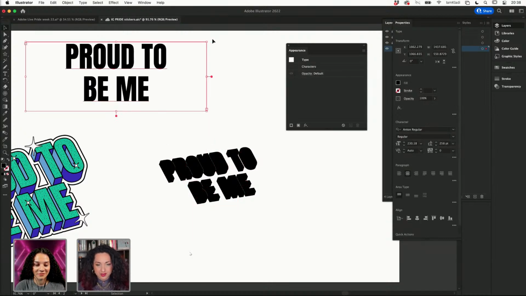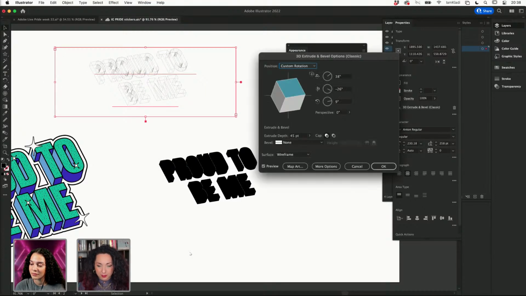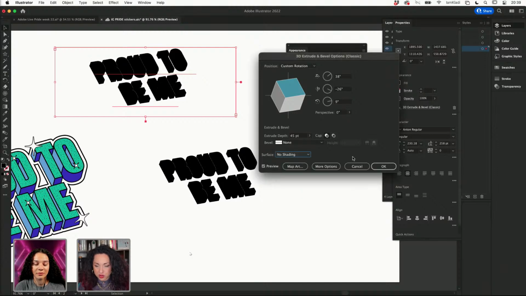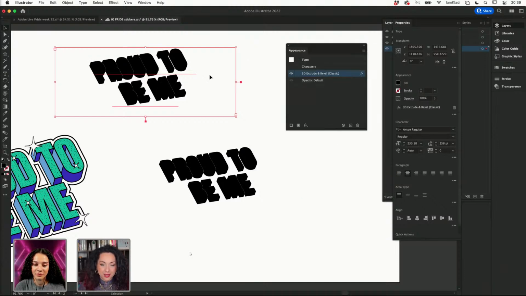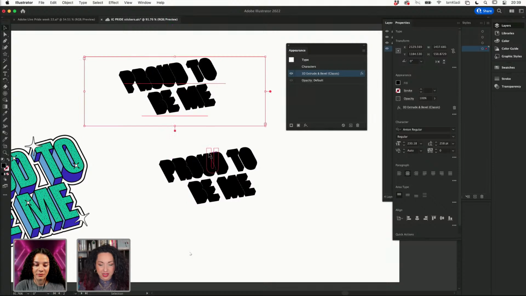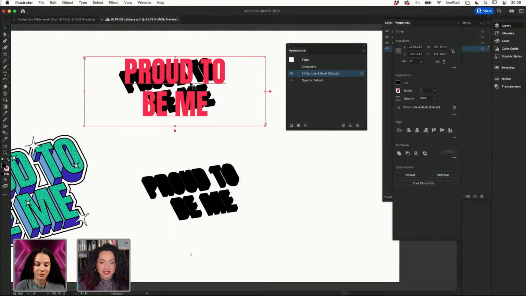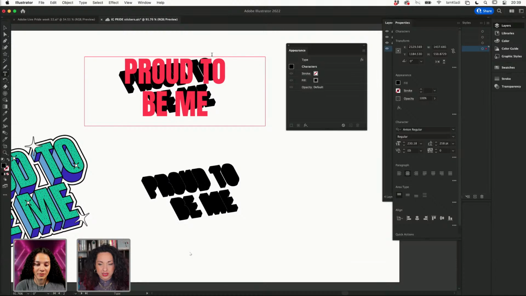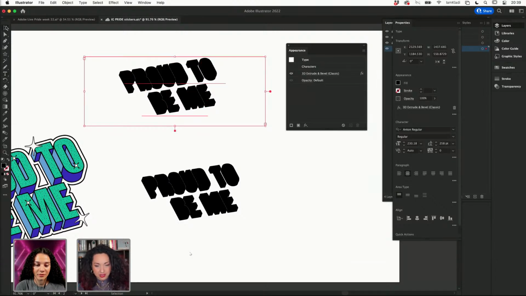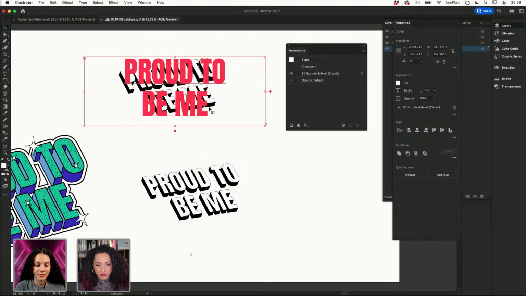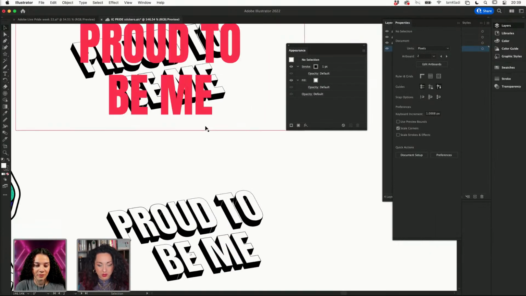And what I want to show you here is that if you apply the same effect again to this live text, you can go back with the appearance panel. In this case, I just have to make sure that I had the wireframe deactivated, so I'm just going to change it to no shading and click on OK. But the beauty of working with live text, differently from shapes, is that here, even if you have applied your 3D, and I'm just going to press the letter D to give it a default coloring of white fill and black stroke so we can actually read and see what's going on here,